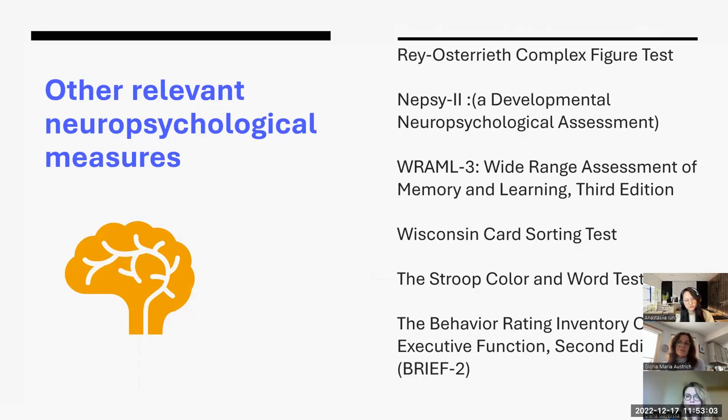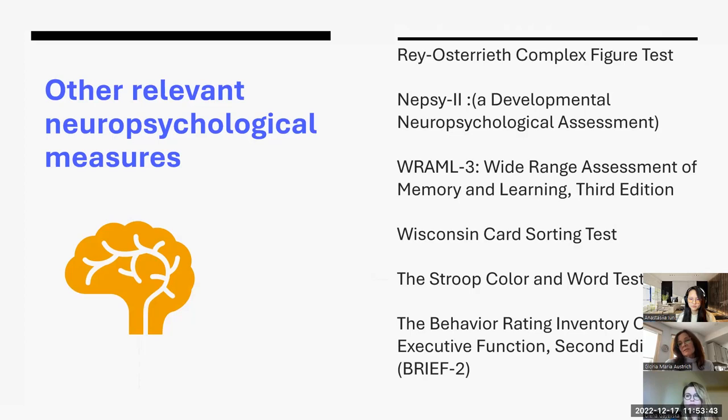The Wisconsin card sorting test and the Stroop color and word test, again, these are attention and executive function assessments that look at being able to do a cognitive shift if the cards present a different image and you have to match it. You can't get stuck on the previous rule. You have to then apply the new rule, and being able to sustain focus and monitor, again, sort of that flexibility. And with these tests, you really look at the errors. What are the errors that the student made? And that's really important, to look at the results of these assessments.